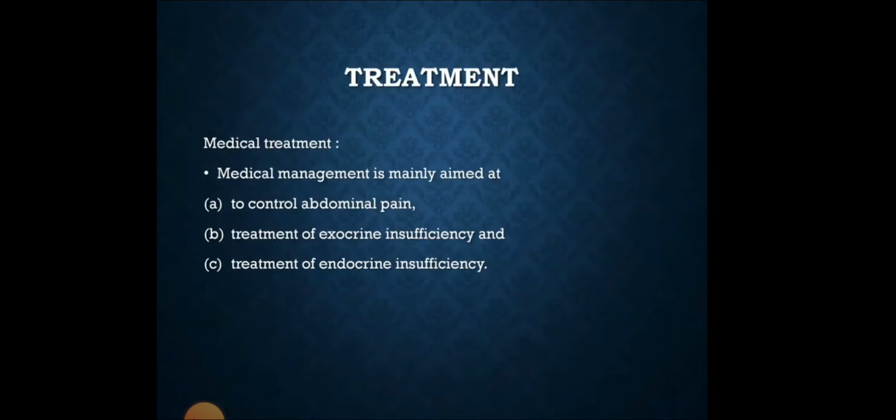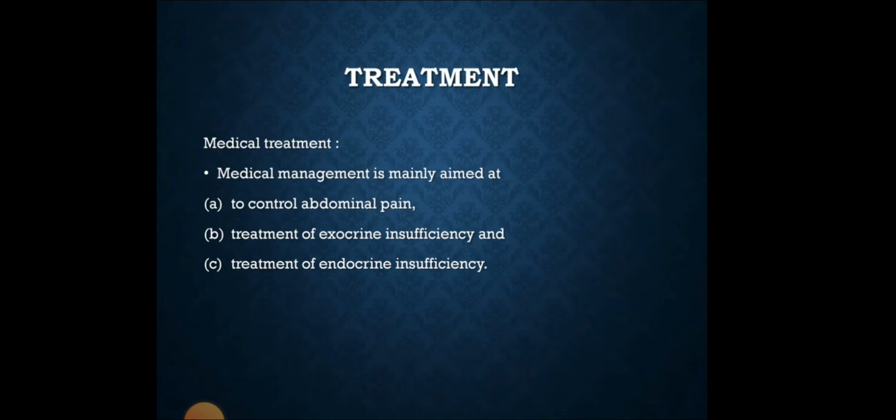To control the abdominal pain, if the cause is chronic alcoholism, there should be total abstinence from alcohol. Then, since there will be steatorrhea, dietary manipulation is also advised, like small volumes of frequent low fat meals. That is, a dietary change can be advised. That is another thing to